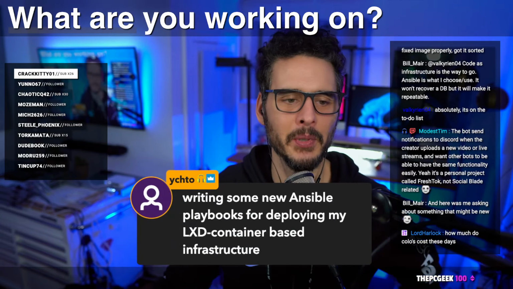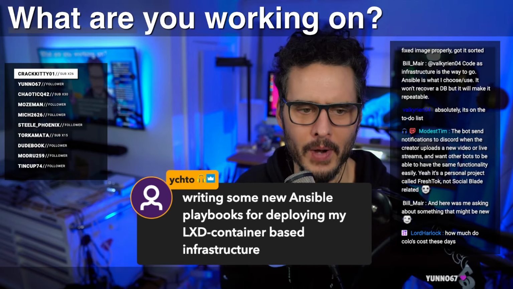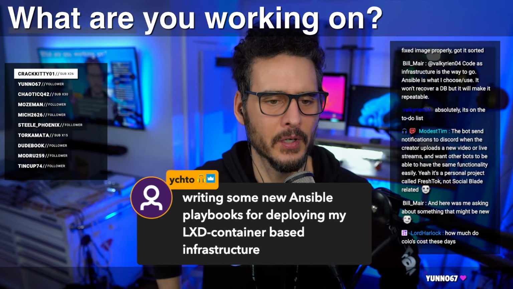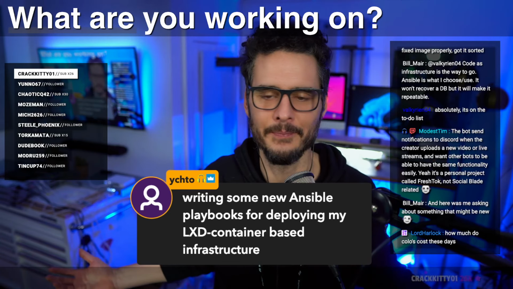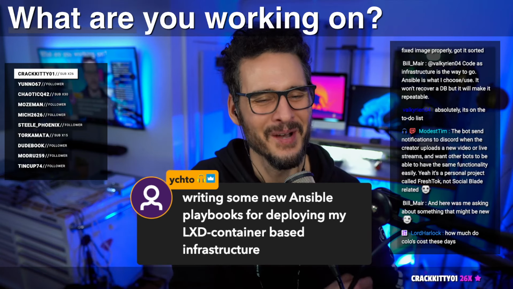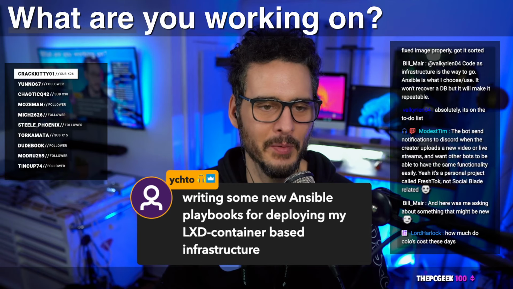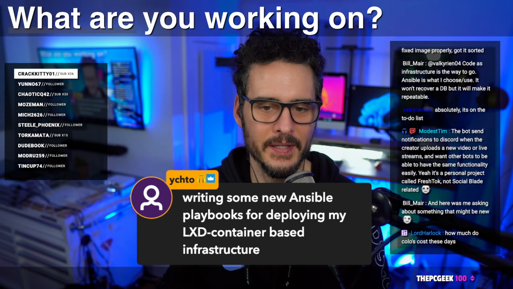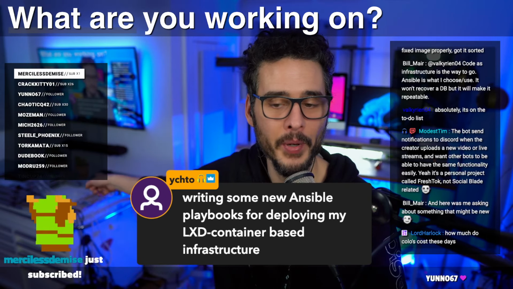Writing some new Ansible playbooks. Yakto, how's it going? Yakto, holding down YWS. Writing some new Ansible playbooks for deploying my LXD container-based infrastructure. Awesome, man. That is awesome. I love LXC and LXD, but I love containerization stuff. That is awesome. You're going to be writing some Ansible playbooks to configure some of this. I definitely need to do that. That's kind of my hope